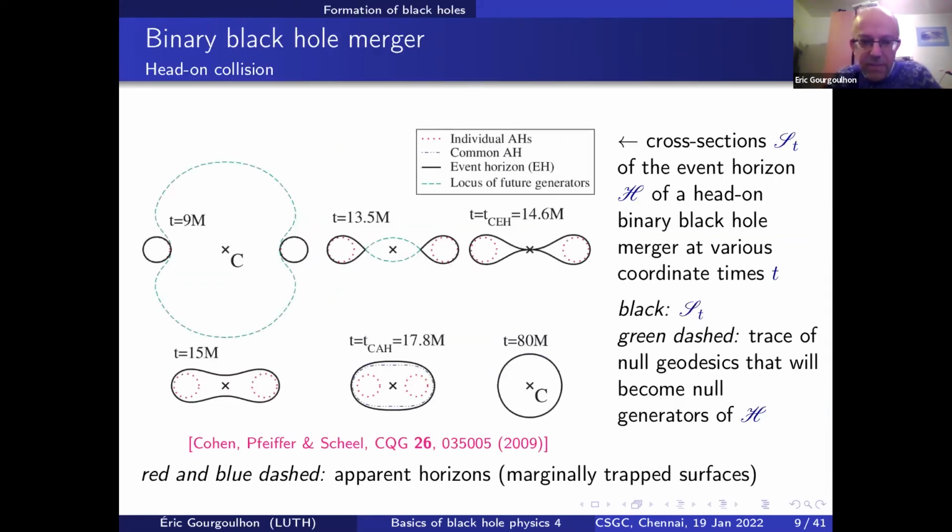Is this one? Yes. So here you have shown this merging phenomenon of two black holes. My question is, if we assume that there is matter surrounding these black holes, with accretion happening separately in the two different black holes, what is the dynamics of the accretion disk of the final merged black hole?